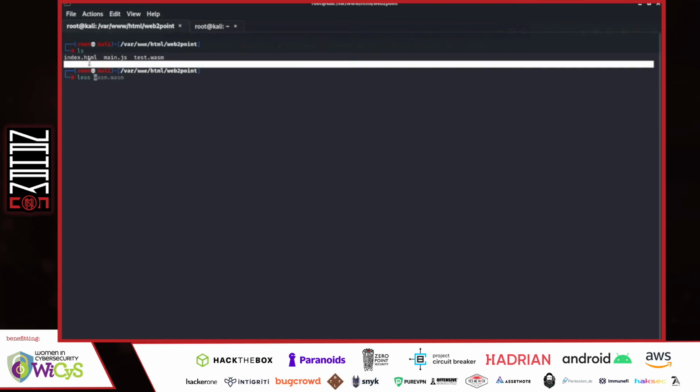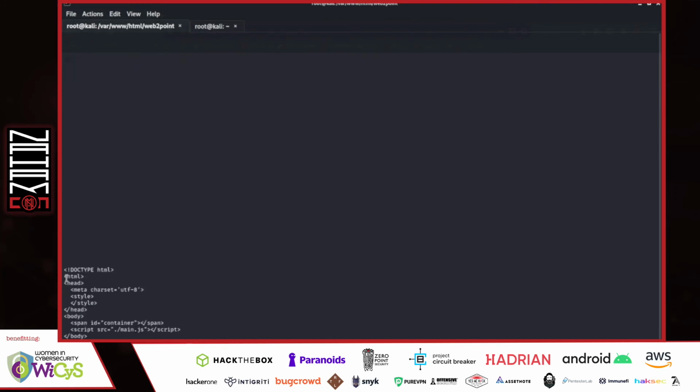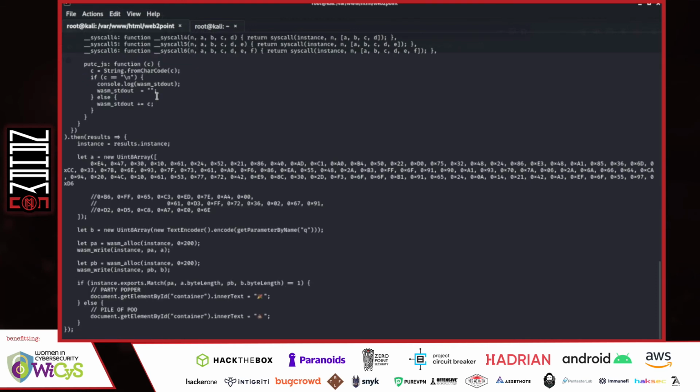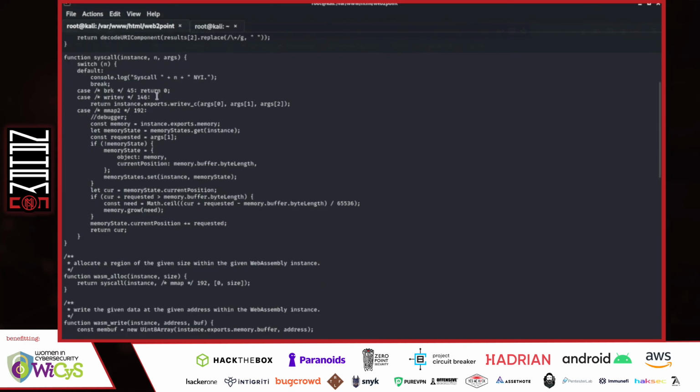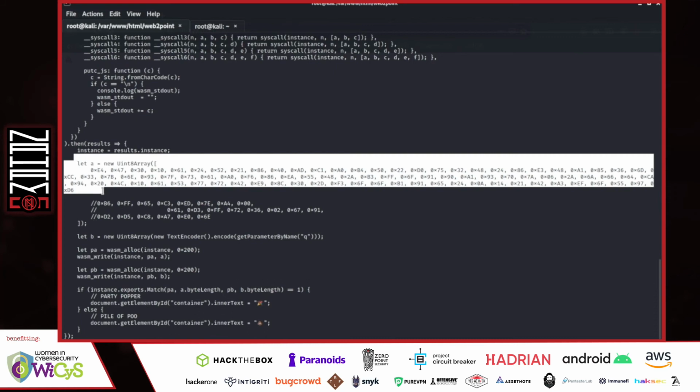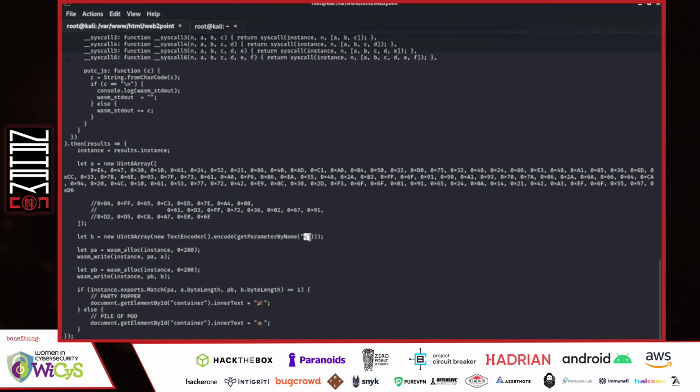So let's see the index.html file, and as you can see, it's a very simple file, and it just calls main.js. So I'm thinking all the game is happening in this JS file. I'm checking the main.js file to do some analysis. When I walk through the file, at the end of this file, you're seeing this function here, Uint8Array. There's a conversion happening in here, as you can see. It reads a URL parameter q, and it converts it to a Uint8Array of